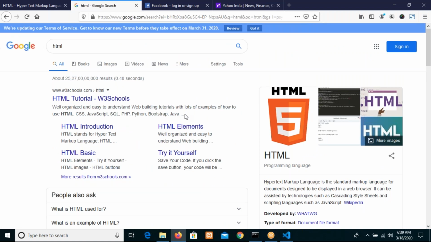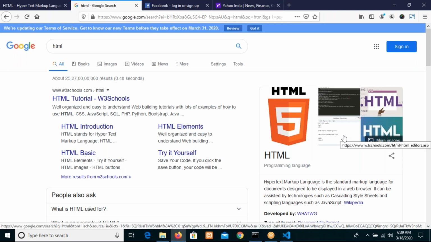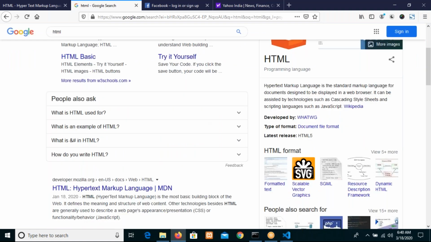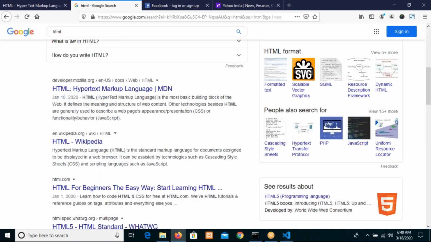Actually, there are four departments related to completing a website or web application. One is graphic designers, the persons who can design a logo and icons or images, something like this. Second is web designers and web developers, where we can align the content in a proper way. For example, if I open a website,